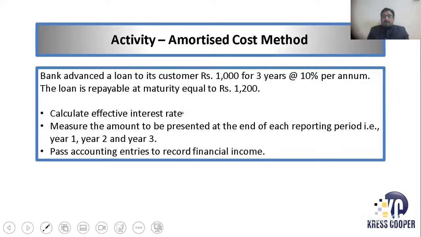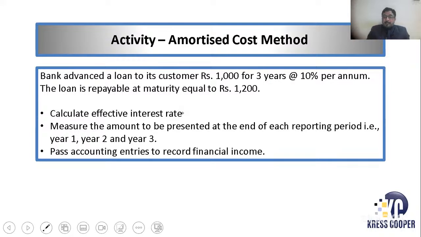Let's have an example over here. A loan was advanced by a bank of 1,000 for 3 years and the coupon interest rate was 10%. This 10% is the coupon interest rate, which was payable annually. And at its maturity, the bank is saying to the borrower that you would be paying me 1,200 at the time of maturity. So effectively, you cannot say that the interest rate is 10%. The interest rate is in fact greater than 10%